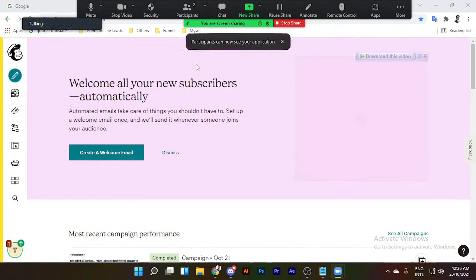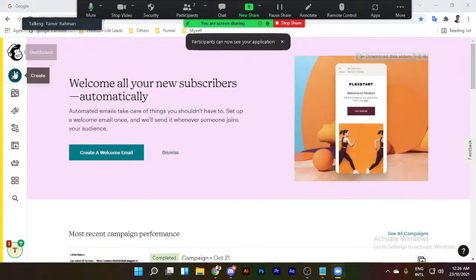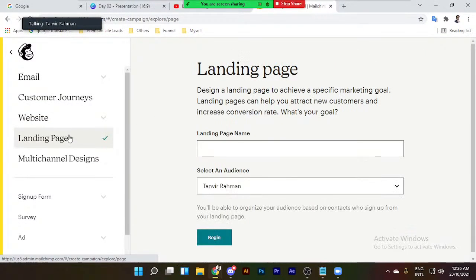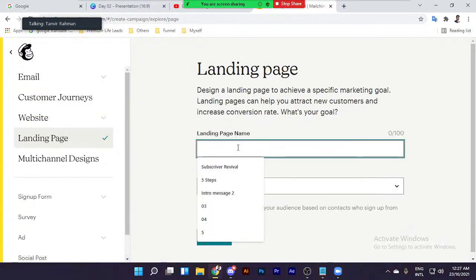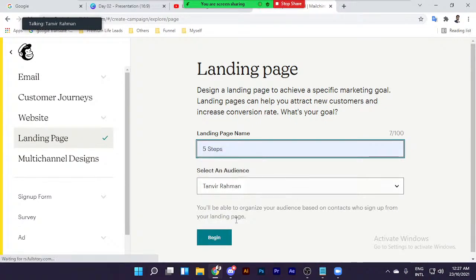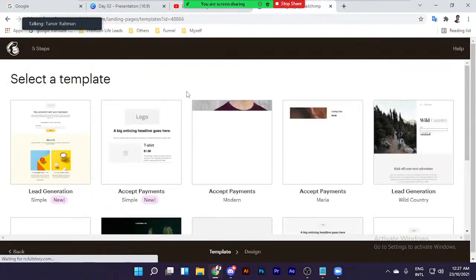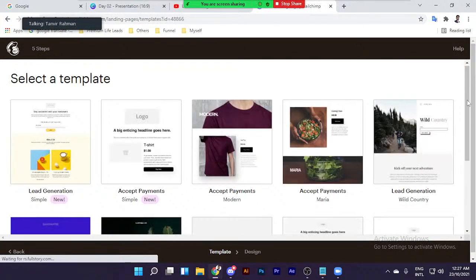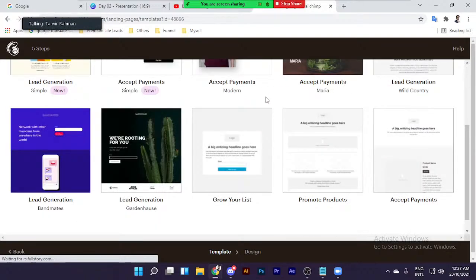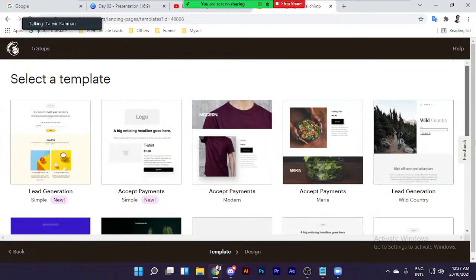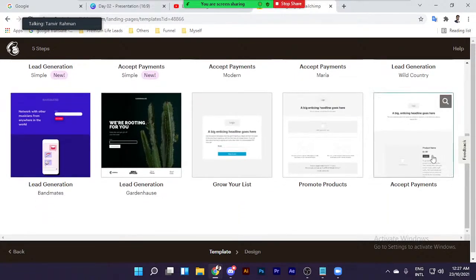So I'm on my Mailchimp landing page. When you see the create button, you just go for landing page, right? So you just have to follow a five-step guide. That's going to be really simple, all right? When I'm there, I can choose anything because you can see all the things that are preloaded here, like 10 templates are already there.